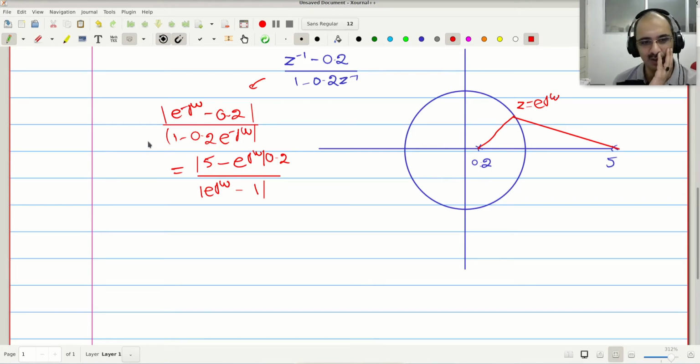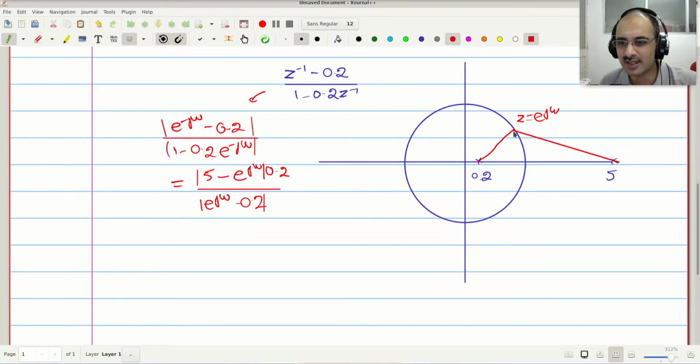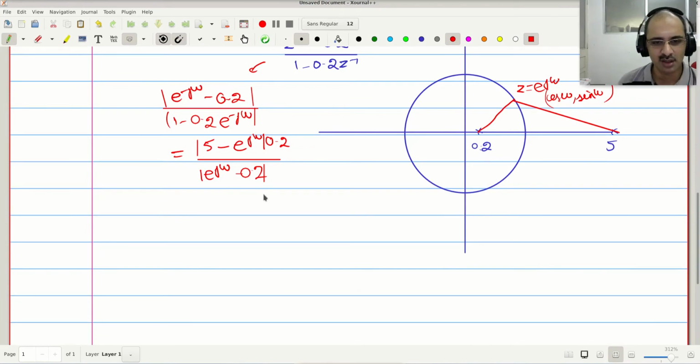You can take the 0.2 out common, and you can prove that you get this. So the ratio is just the ratio of this line to this line. Let us find this out. This point is actually cos omega, sine omega, and we need to find the ratio of these two, which is not difficult for us to find out. We can basically see that over here this is equal to